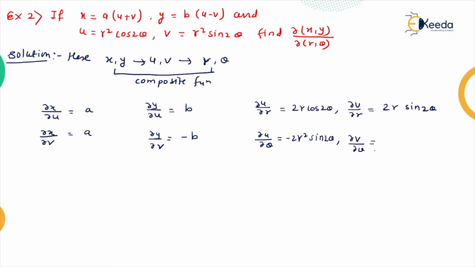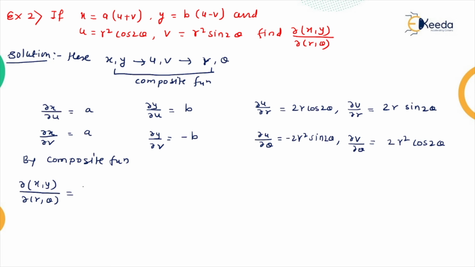Theta is a constant, and here ∂v/∂θ, the r² term is a constant, and the sin² derivative, it is a minus. Sin² derivative is cos 2θ, means it is simply 2r² cos 2θ, and using this value in the Jacobian definition. So therefore, by the composite function, how will it be found? That is the Jacobian of